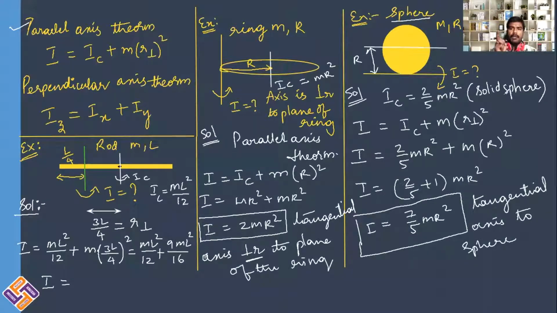object. But remember, in order to find the moment of inertia with respect to a parallel axis, you should know the mass of the sphere. Sometimes mass will be given in terms of density. Then you will write mass is equal to density into volume. Then in such cases, the moment of inertia will be calculated in terms of density. And definitely you should calculate the perpendicular distance between the two axes. Then only you can use the parallel axis theorem.